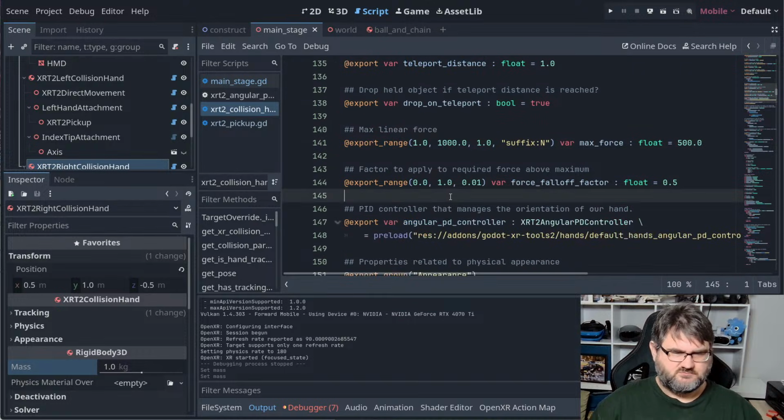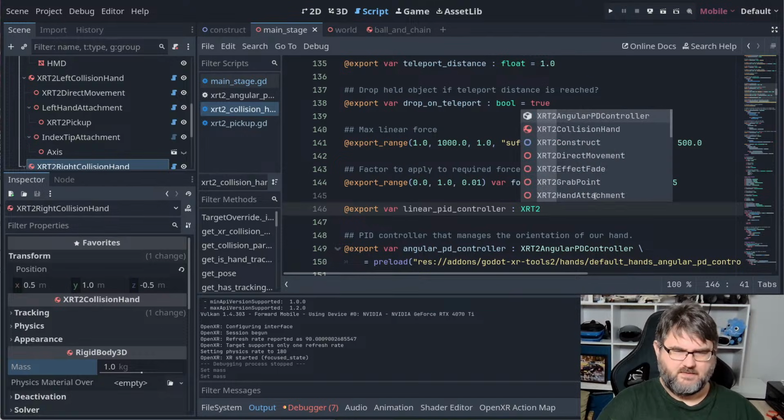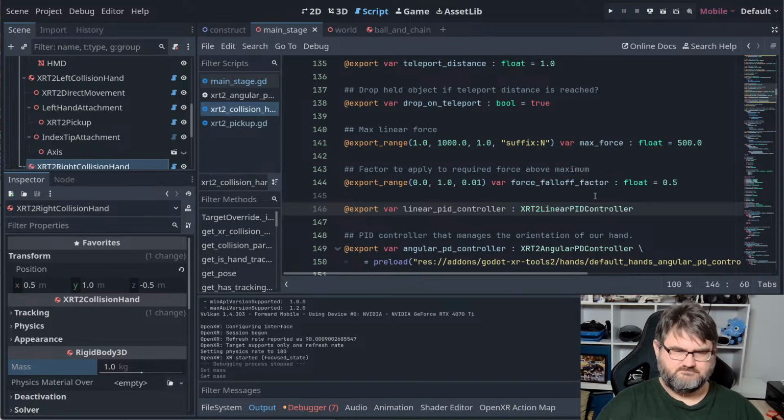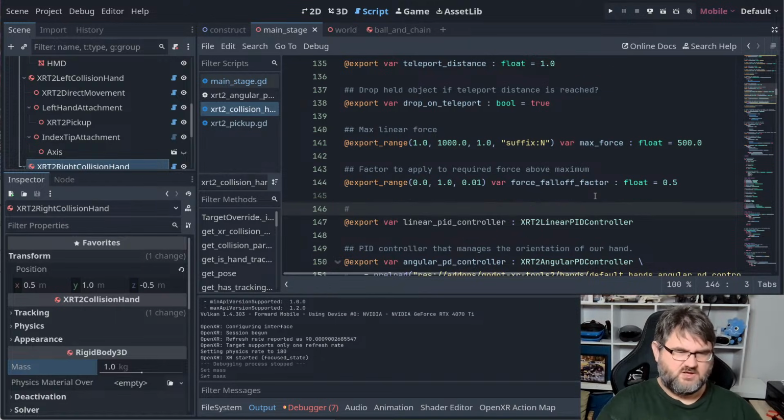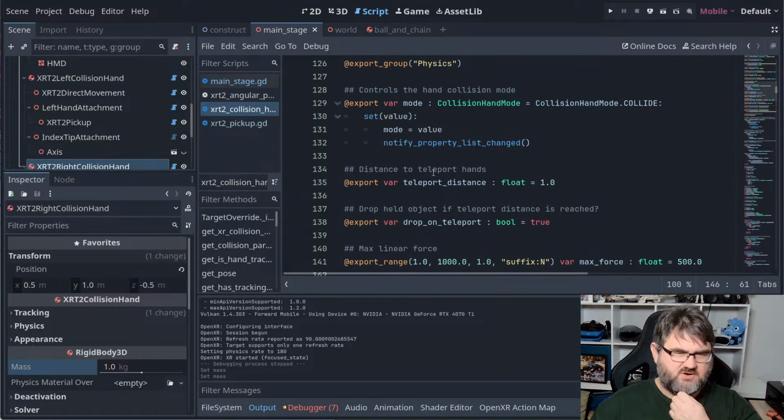Okay, so export var linear. We are going to call it PID because it is a full PID controller. Linear PID controller. Okay, so eventually we're going to do a preload there, but for now we're just going to keep it the way that it is. PID controller that manages the linear motion of our hand. And that means that obviously eventually we'll get rid of some of these things. And we're eventually also going to have a